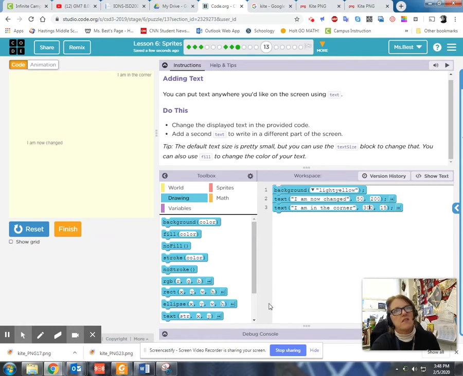Go ahead and add some things in there. If you want, all right, it says the default text size is pretty small. You can use the text size block to change that, and you can also use fill to change the color of your text. That seems kind of interesting. Okay, so play around in here a little bit and see what you come up with. So you can make that bigger and change the color. When you get to 14,